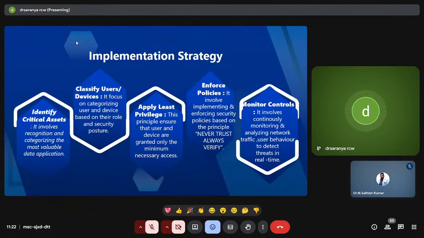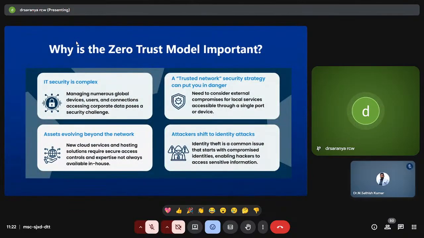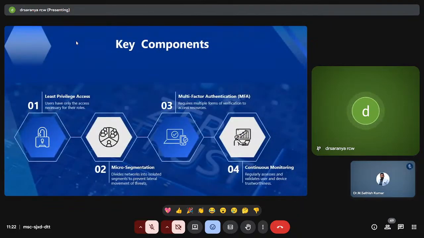Next, let's see why this model is important. The question will arise in you, why is zero trust important? Because it stops cyber attacks early. It protects sensitive data. It prevents insider threats. It supports remote work. It improves overall security. Next, we will focus on its key components. There are 5 components here. The first component is least privilege access. It implies the user only gets the access they need, no more. The second component is micro segmentation. It denotes breaking the network into